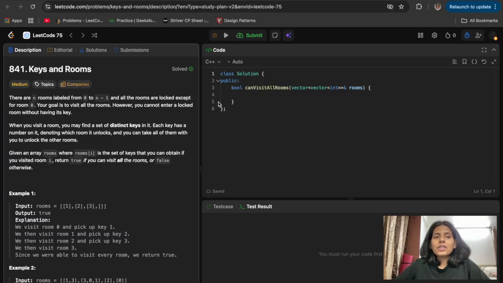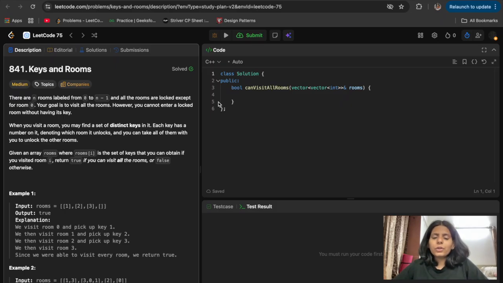So the question, I'll explain. We have a key which is 0, and through that key we can access room 0. In those rooms, we'll find keys, and using those keys we can unlock other rooms. Now we have only the 0th room's key. We'll go in the 0th room, take the keys, and go accordingly to the other rooms.